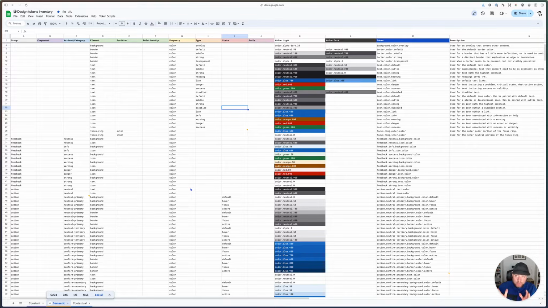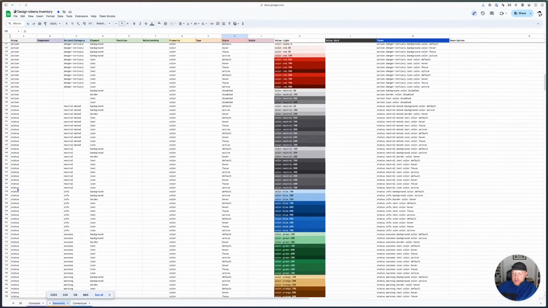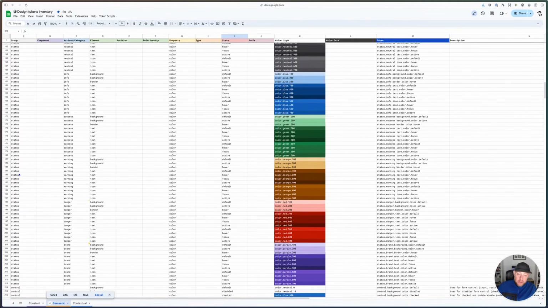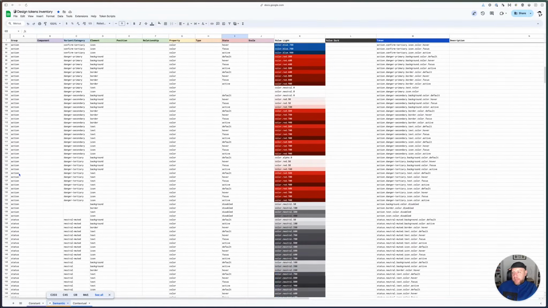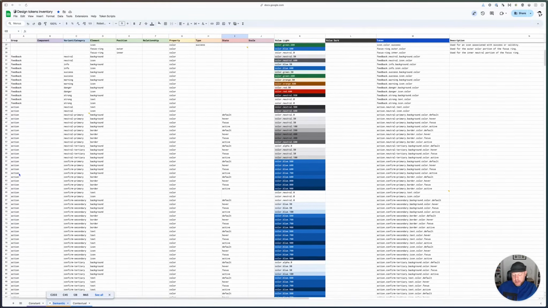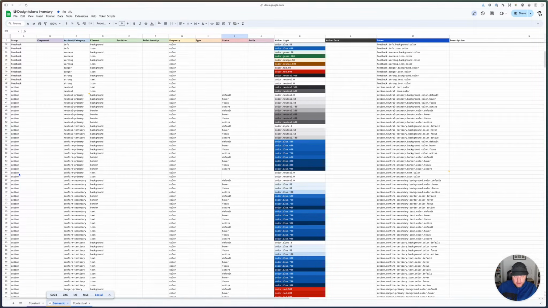And so how that's done is by having categories of semantic tokens. So there's feedback, there's action, status, control. So control would be anything form related. So inputs and checkboxes, radio buttons, selects. Status, you can think of like our badges. Actions, so that could be buttons, links, things like that. We also have, let's see, toggle and pagination and tabs. Those are all actions under that action bucket.